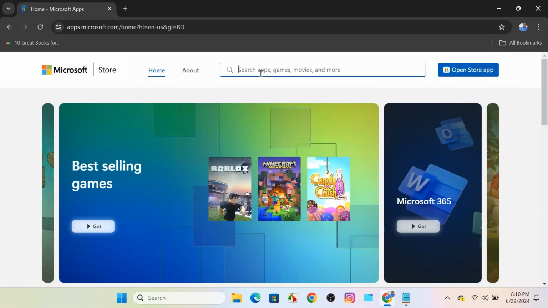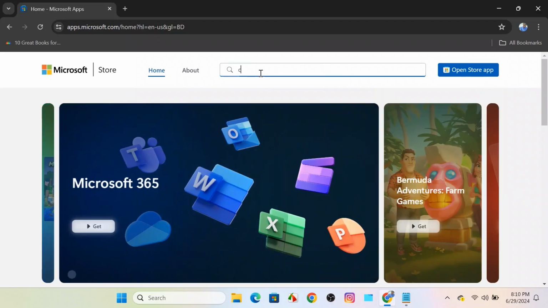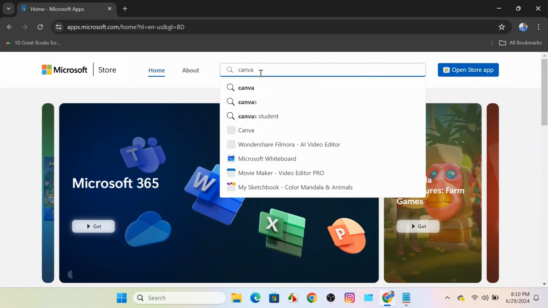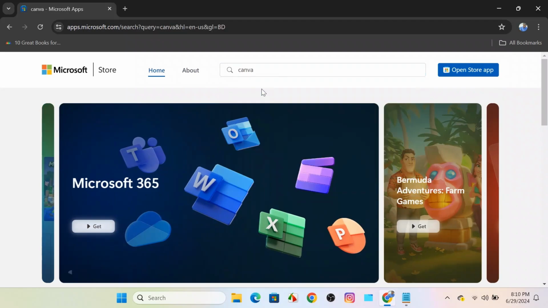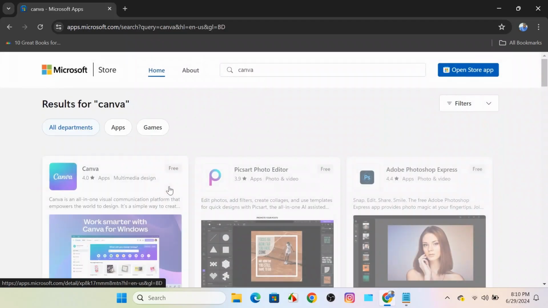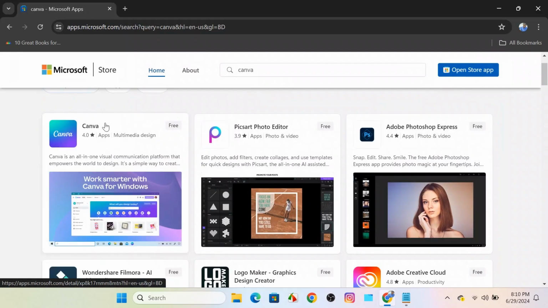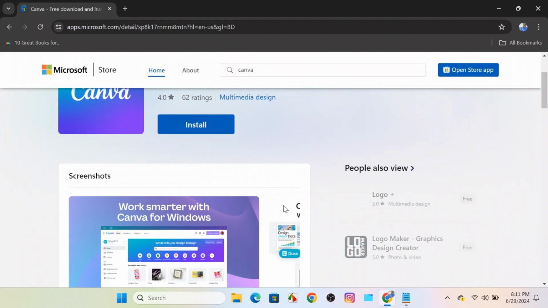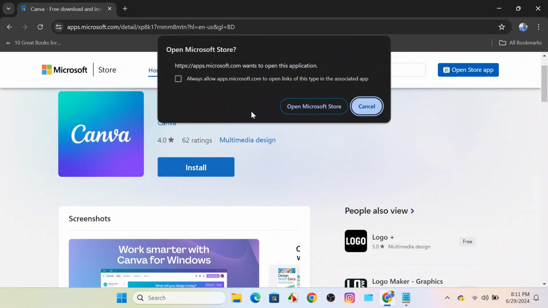So if we now search here, Canva, and click on the first search, here you can see this is your Canva app over here. It's completely free. You can see over here. And if we now click on the Canva, and if you now click on install, a notification will pop up over here. So open Microsoft Store